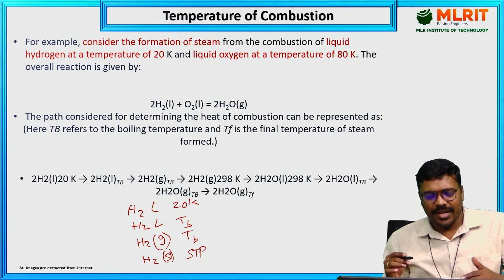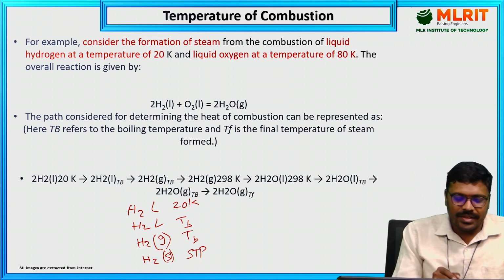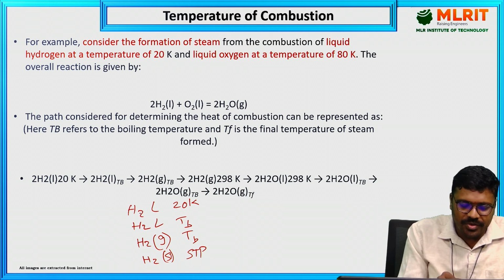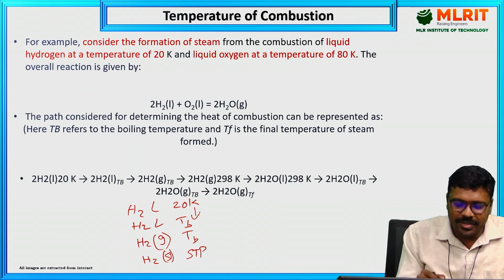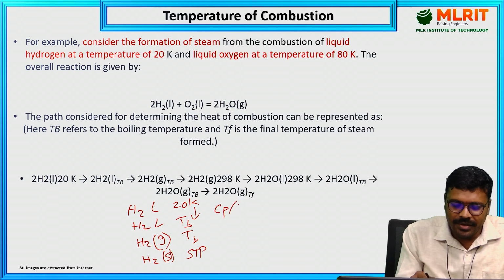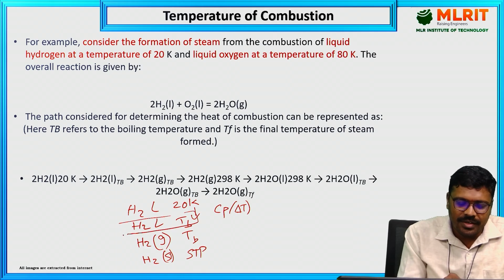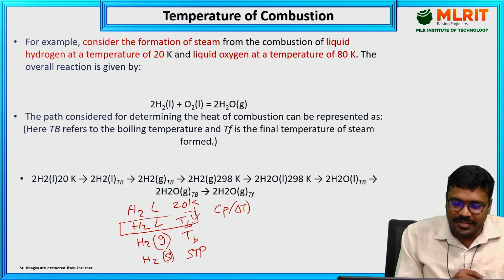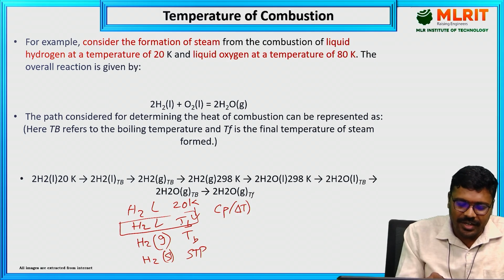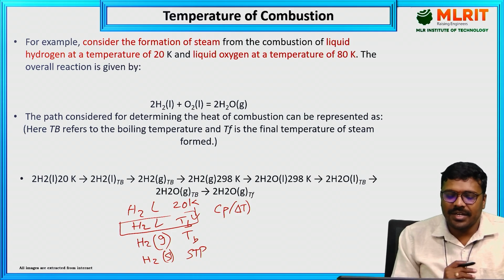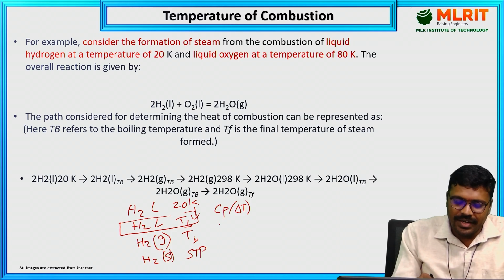So we can easily calculate the energy required to bring H2 liquid from 20 Kelvin to the TB. It is nothing but Cp delta T, the change in enthalpy of the H2 liquid from 20 Kelvin to the TB. So we have to calculate Cp delta T here. After that, liquid to gaseous transition. So we have to calculate the latent heat of hydrogen,